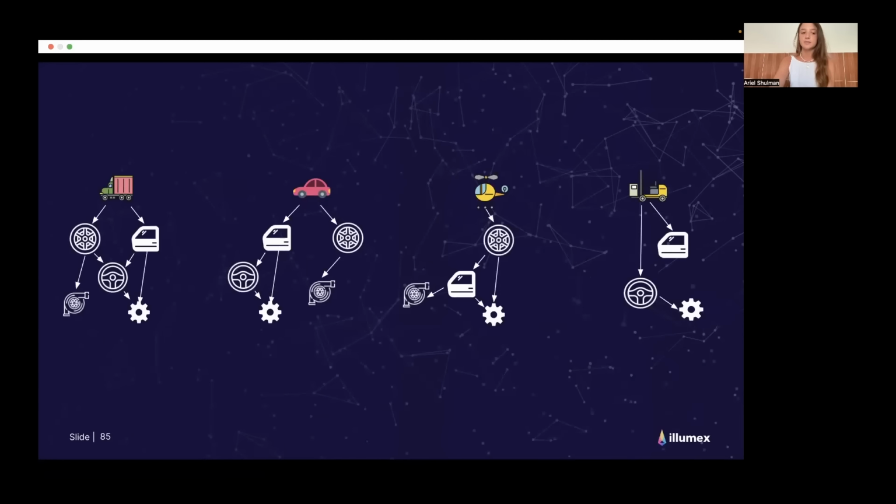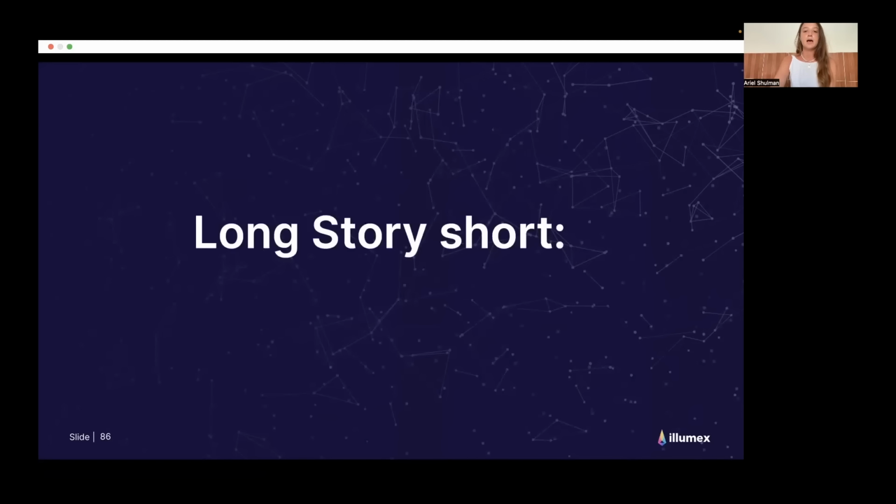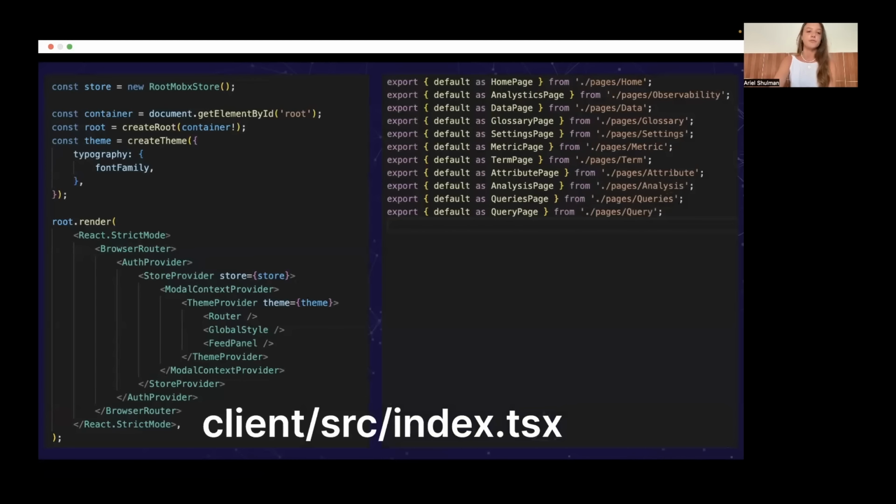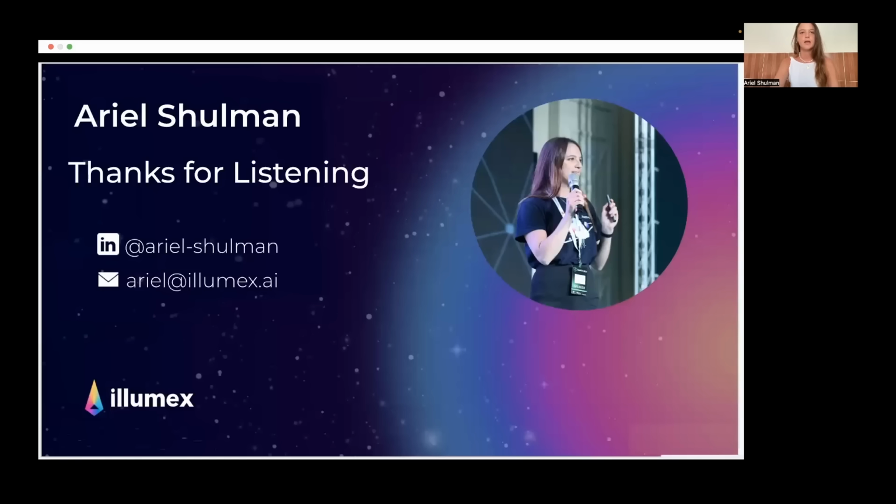And it's a lot easier to refactor something when you're talking about smaller parts. And in a long story short, what used to be our client application, if we look at the index, went from something like this into something like this, basically from an application to a package. And from this point, we started breaking things down into server components.